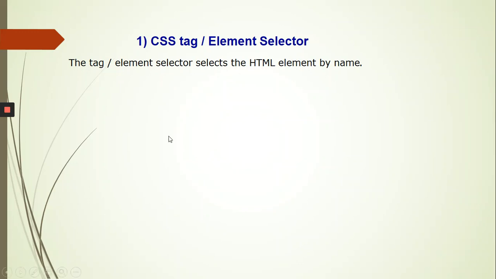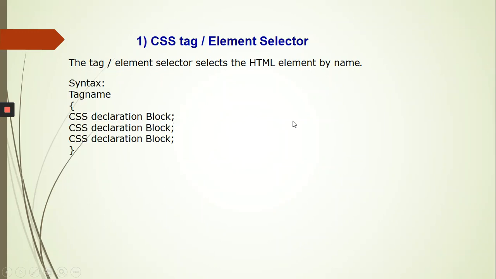Correct? Okay, let us see the syntax of tag selector. And its syntax is very easy. The general CSS rule: the tag name, that is the selector, followed by curly brackets into which any number of declarations, right? And curly bracket close. I've put an example here. I'm using a division tag. div is a paired tag. So the div tag will be included into the body section.